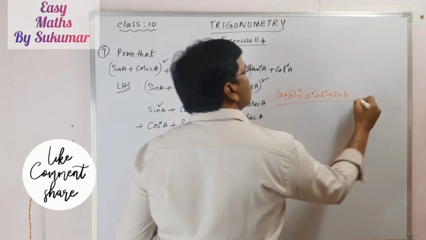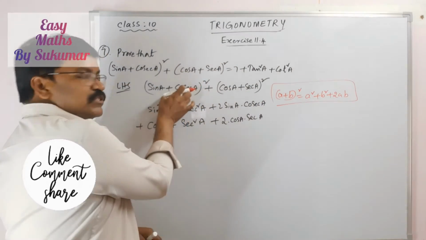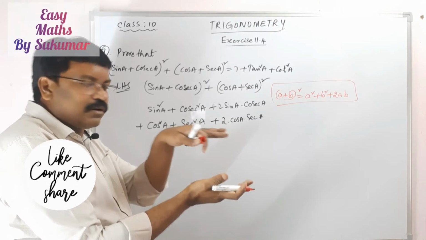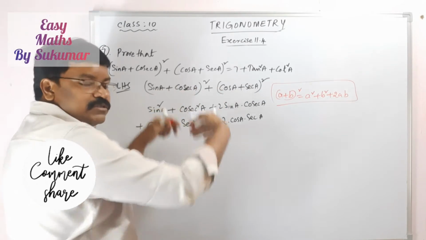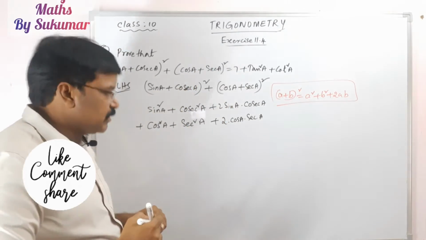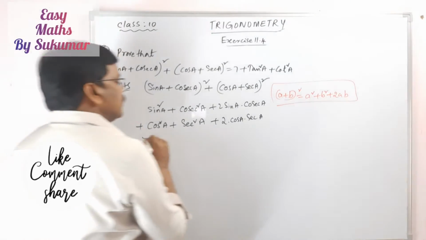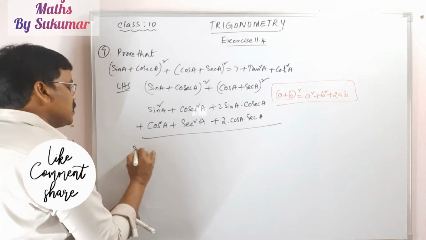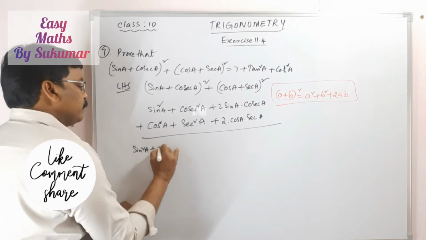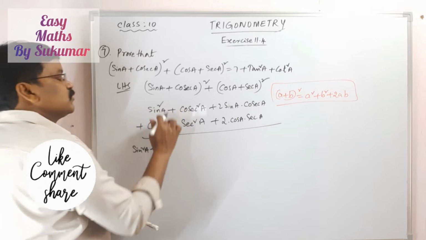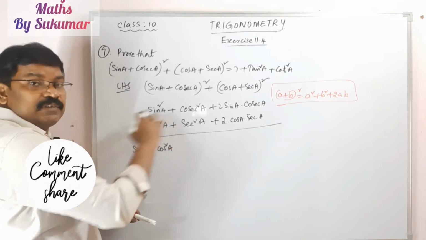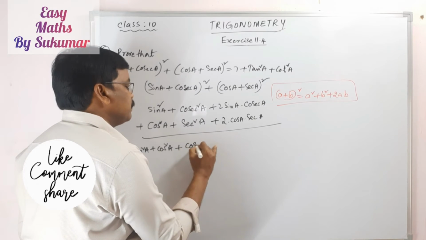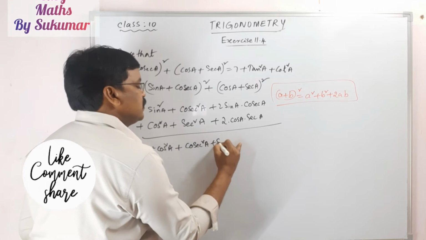So my dear students, this first term and second term, just I have written how? Upside and downside, like this. Okay. Now just adding. By adding here, sin square A plus cos square A, the first two terms, the first row and second row. Here cosecant square A plus secant square A